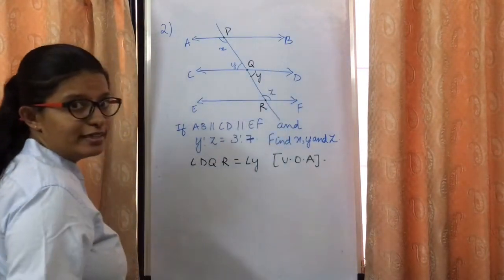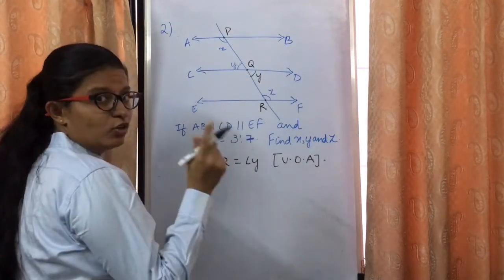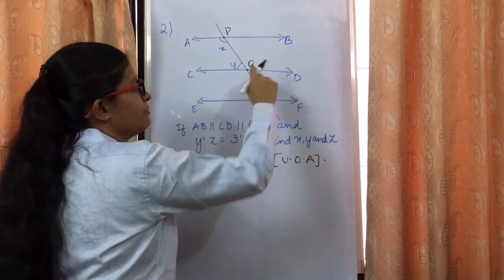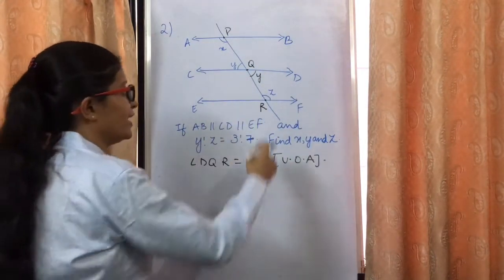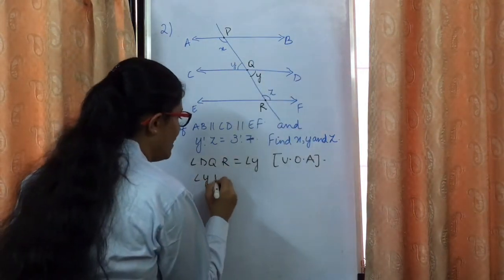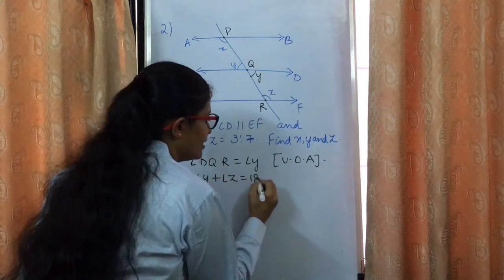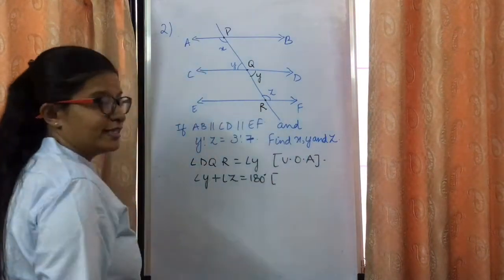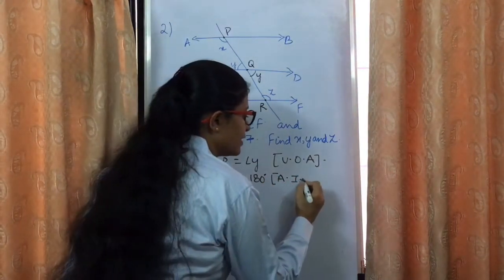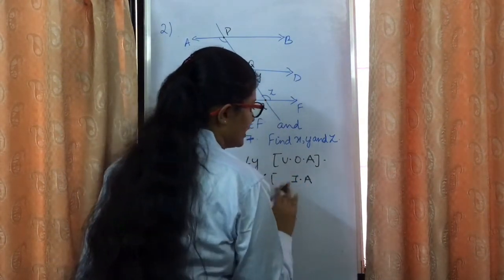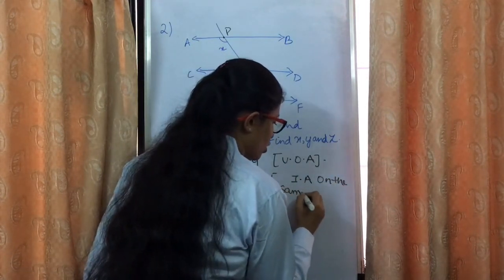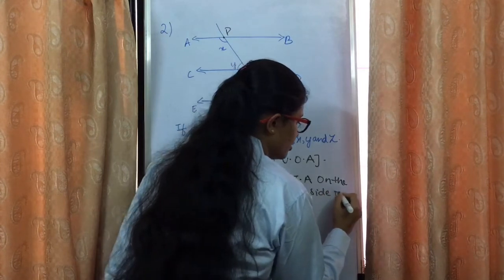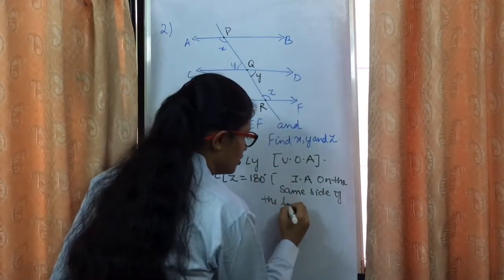We know the theorem: interior angles on the same side of the transversal make a supplement, that is 180 degrees. So angle y plus angle z together will make 180 degrees. The reason is interior angles on the same side of the transversal